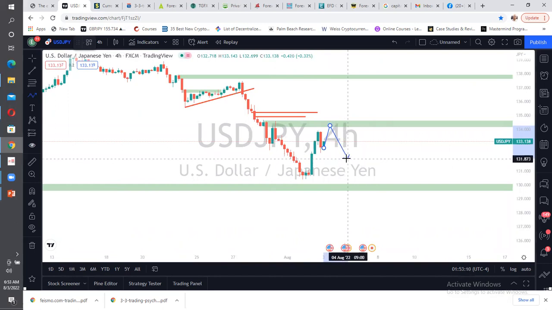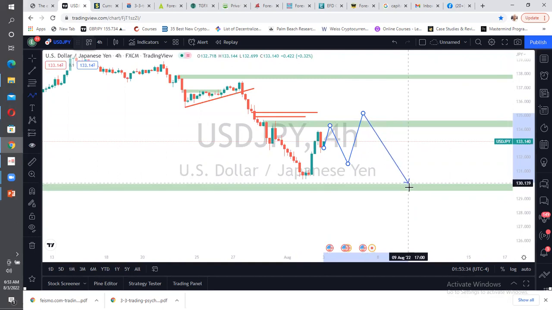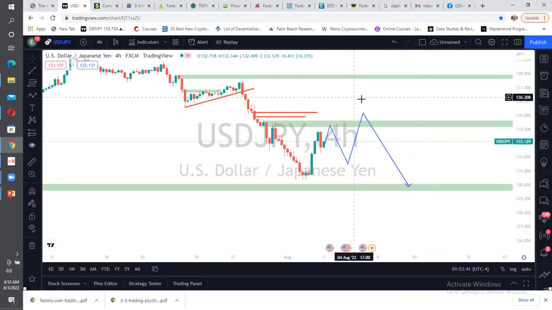Then we'll have this, because there's an FVG here. Once it trades into this FVG, I will let them take away this particular high, trading into this particular fair value gap here. If this is done, then I'll continue looking for a movement to the downside. But if that is not done, that means we want to continue going to the upside. If this movement happens, they want to take a reversal.